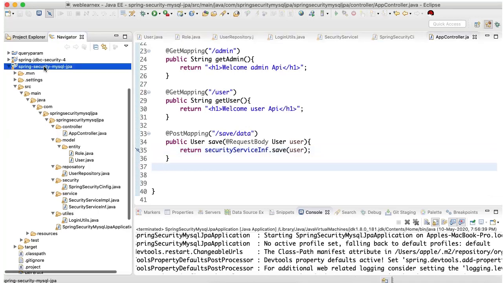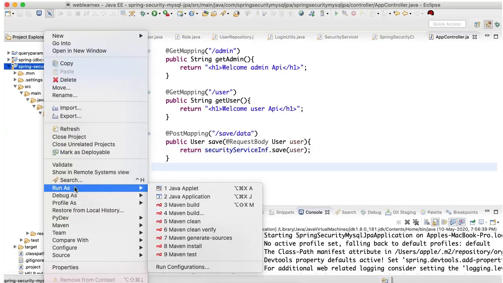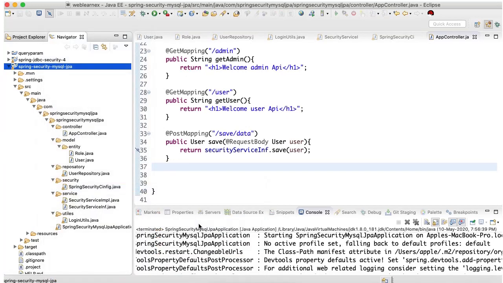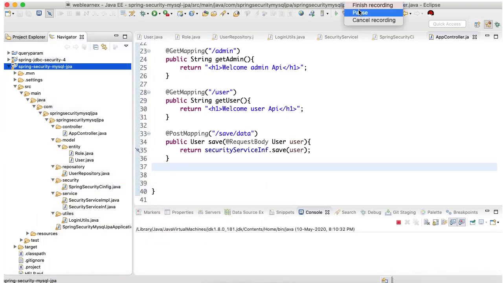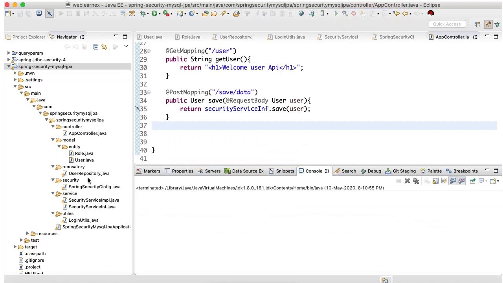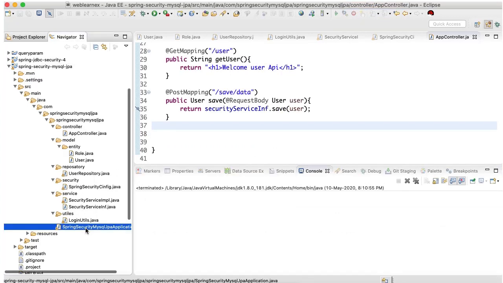So let me compile this project with Maven clean. So Maven clean and Maven install are done. Let me run this project,